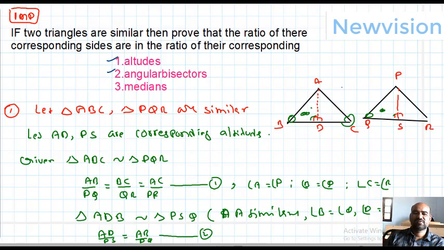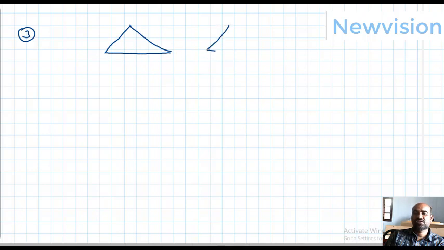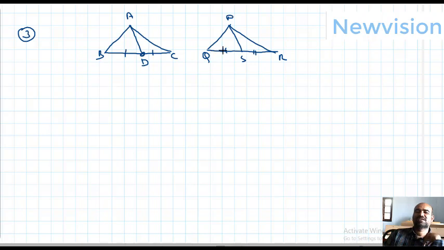So medians, an interesting and difficult one. That's why I want to write it separately. Third one, medians. So assume that this triangle and this triangle are similar. This is triangle ABC, this is triangle PQR, with medians, say this is D, say this is S, the midpoints. Don't think that QR equal to BC. They are corresponding sides but their lengths are not the same, no? That's why I clearly mentioned here QS equal to SR only, QS not equal to DC. Okay, given